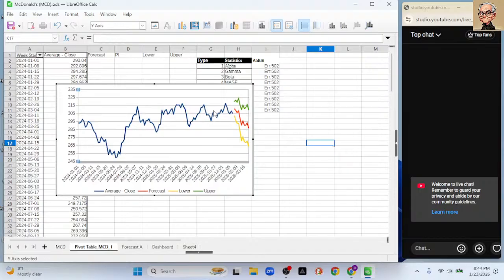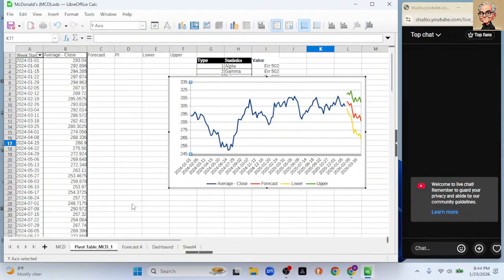But for whatever reason, I actually kind of prefer the LibreOffice Calc forecast because it is a little more adventurous. So basically, it's predicting a downward trend over the next 30 days,